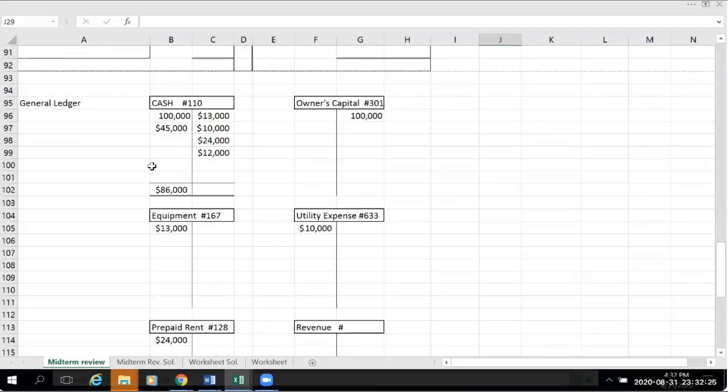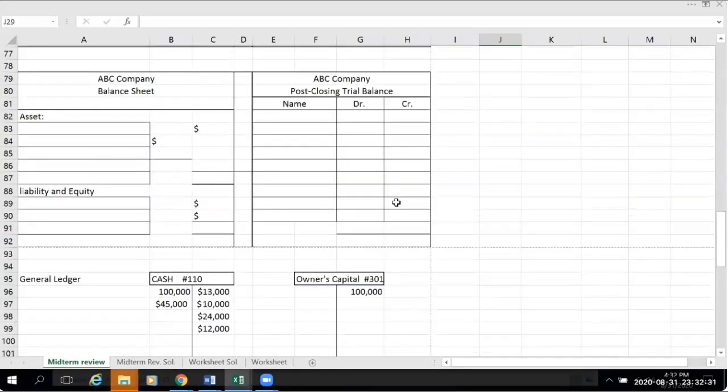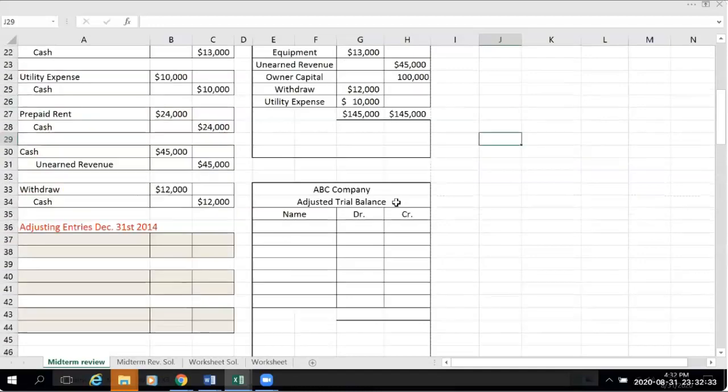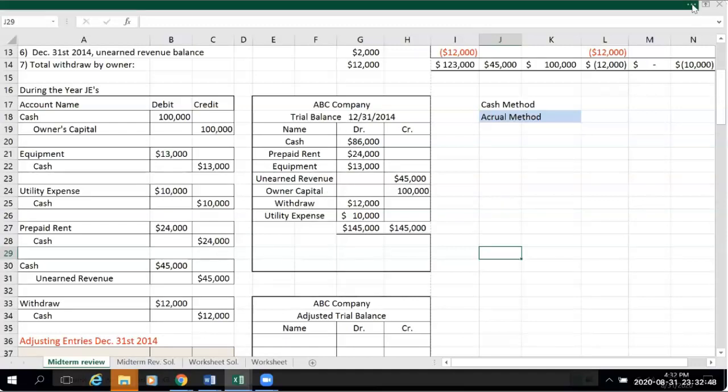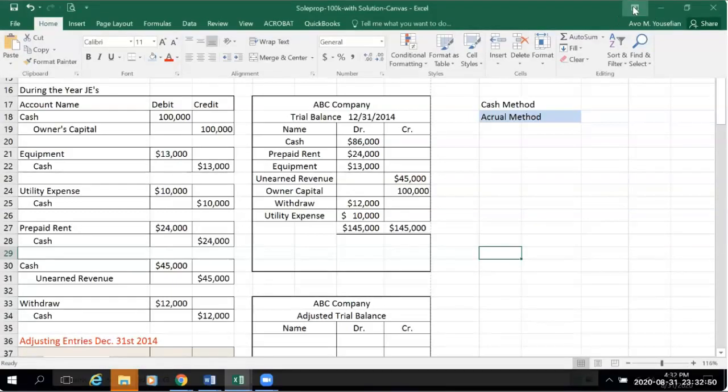Then at the end of the year, you create your trial balance to see what's going on, what do you have, how much you have and to decide what needs to be adjusted. In order to see what needs to be adjusted,